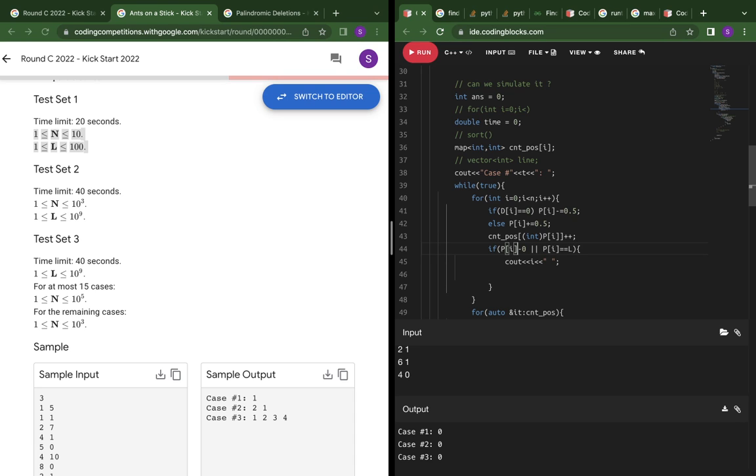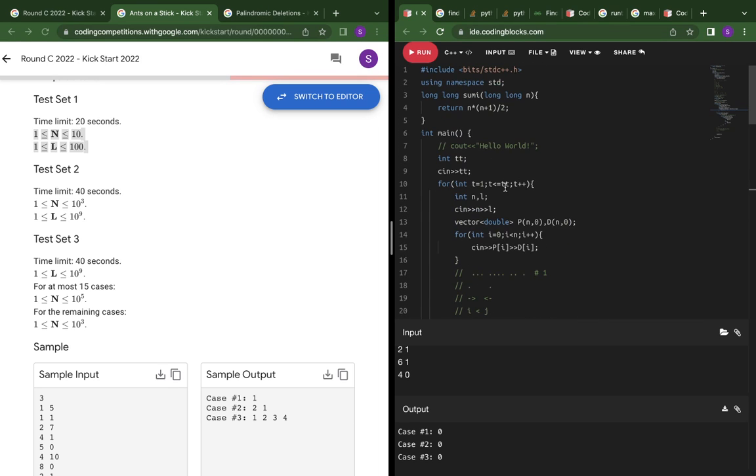If pi minus 0 is less than epsilon, or pi minus L, an absolute value, is less than epsilon, then I can safely remove this. And epsilon is basically